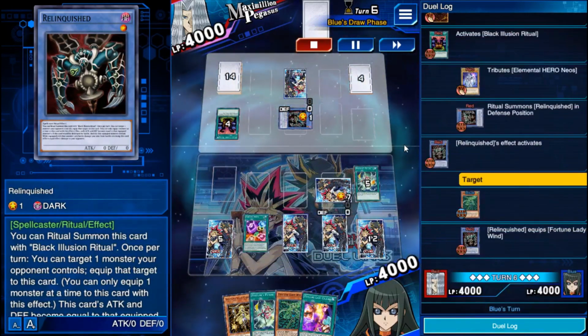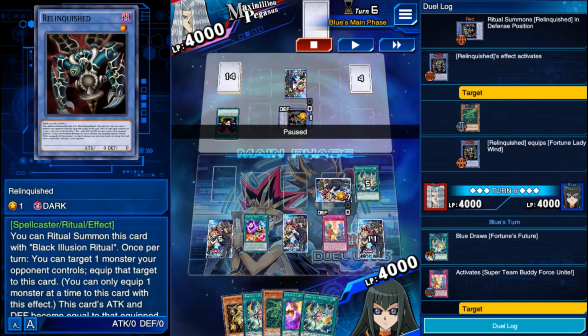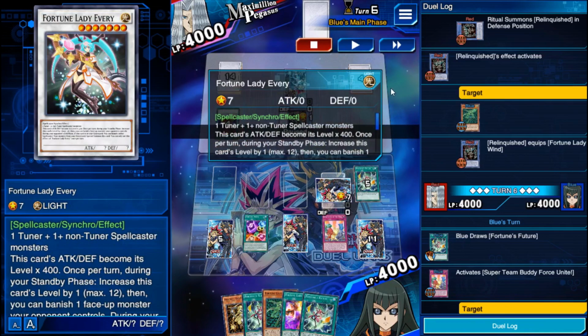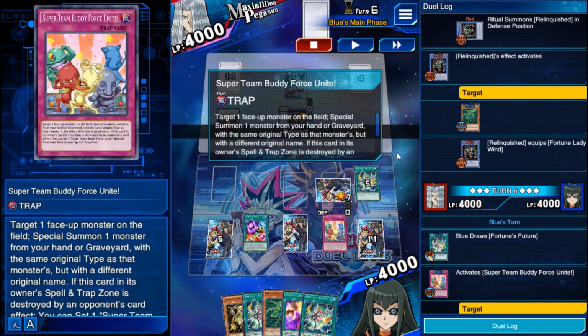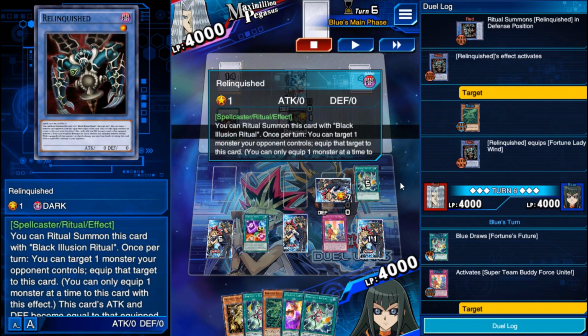Activates Relinquished and grabs up our Fortune Lady Wind, which is weird. I was like, okay, that's pretty interesting. Why would you not just grab up Every to get rid of that Synchro Summon? But we activate our Super Team Buddy Force Unite, which is why this card is so necessary for this deck,